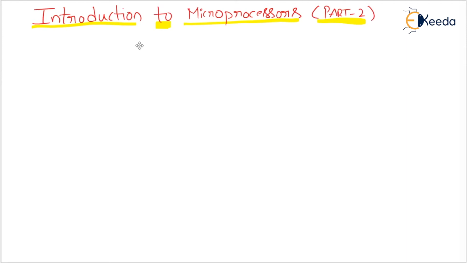Now in this class we will go for the definition of a microprocessor, and what is meant by assembling, what is meant by compiling, what is meant by decoding. You should know the answers to these questions at the end of the class. You will tell me these answers at the end of the class, right?